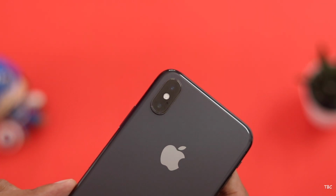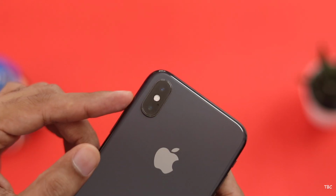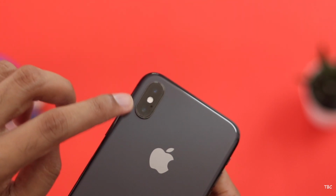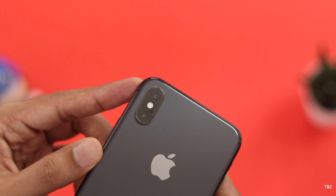And the areas where the iPhone 10 shows its age are the camera and the battery. Now from these two, the camera part is still holding fine in favorable conditions, but when the situation becomes a bit challenging, then the iPhone 10 does struggle. There are two cameras on the back of the iPhone 10 and they both are 12 megapixel cameras,